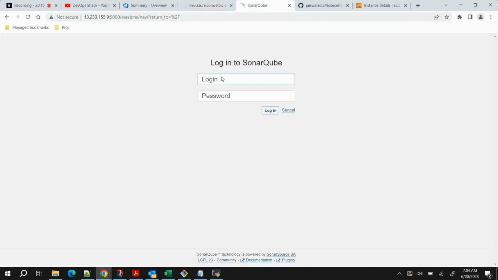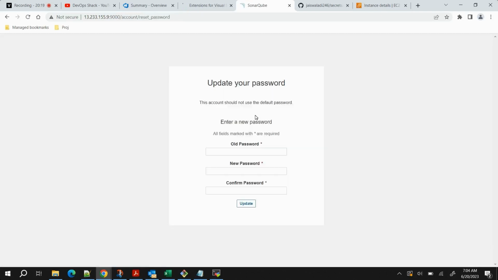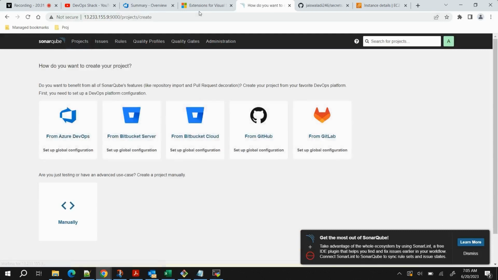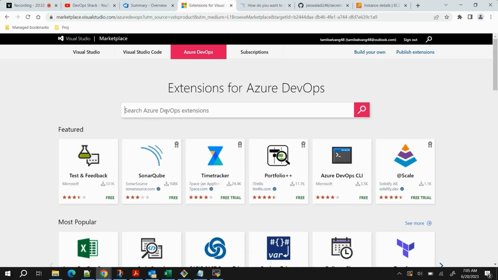Sorry, I am having some problem in my throat. Okay, let me log in here, admin, and click on login. Old password will be admin, new password will be admin123. Click on update. Okay, coming back here in extensions, here if I search for SonarQube,